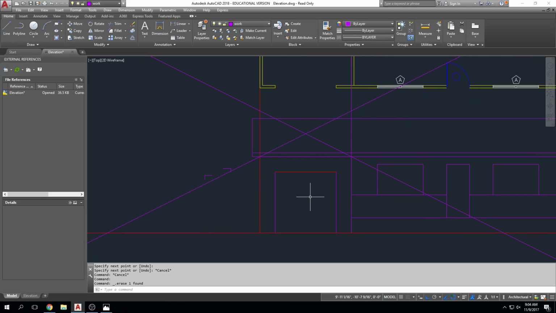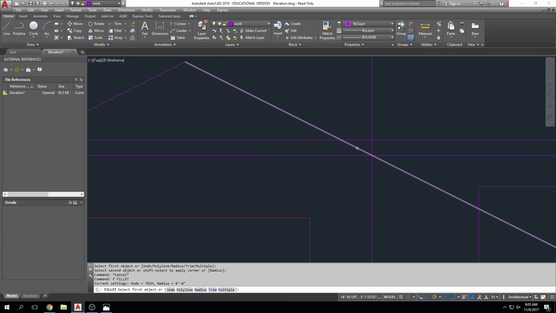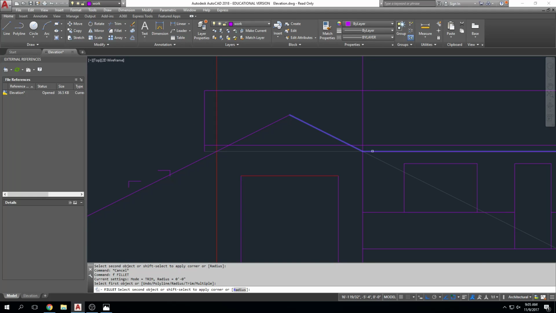All right, so we have this lots of lines again. F for fillet, click, click. Got my wonderful gable, okay. I'm gonna trim out these lines here. The reason I maybe wouldn't fillet this immediately is if I fillet this, watch what'll happen. Click. Do you see how it will get rid of that little